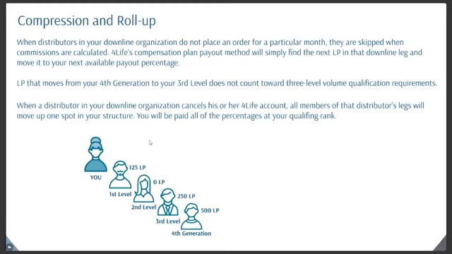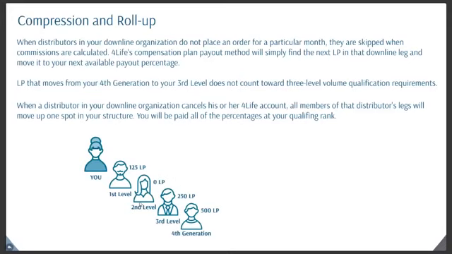So if this person is an international, or let's say the Presidential Diamond in this example, they're guaranteed to get their 6 percentages. So we're not going to deny them that just because somebody on the 2nd level didn't do LP. We wouldn't say, oh, I'm sorry, that's the spot where we paid 25%. They didn't do an order, so you don't get that 25% payout in your structure this month.